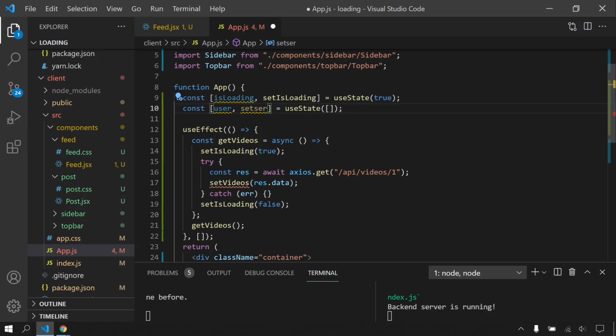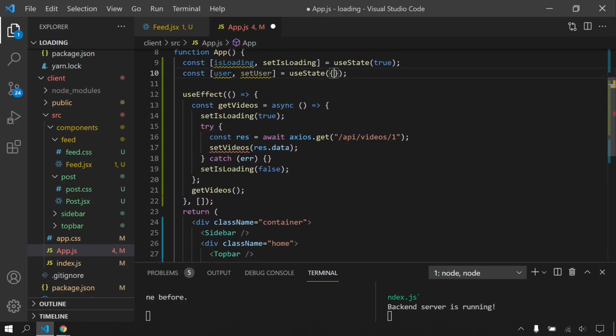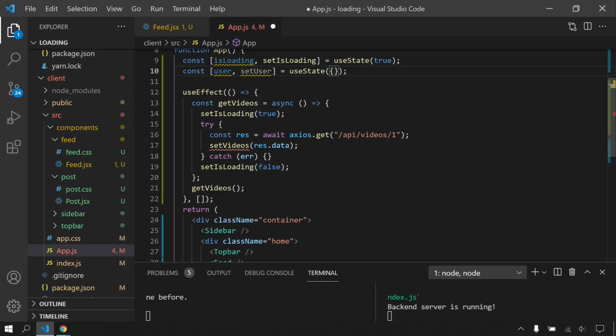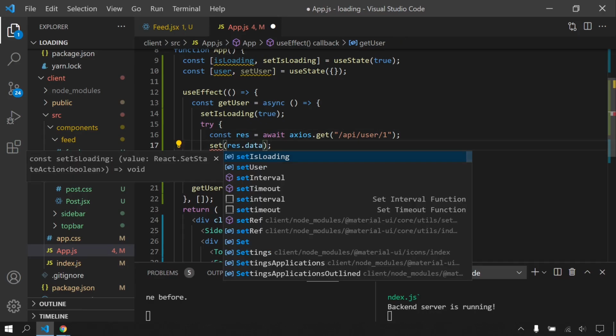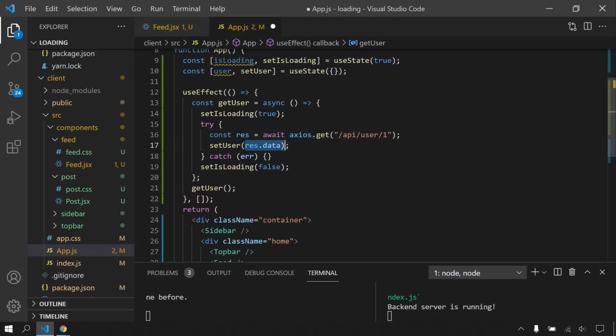Let's make this capital letter, and this time it's not gonna be array, it's gonna be empty object, and after that it's gonna return us our user object. And inside this user fetch, let's say getUser, and it's gonna be getUser also, and here API and user ID and setUser, it's gonna be again response.data.